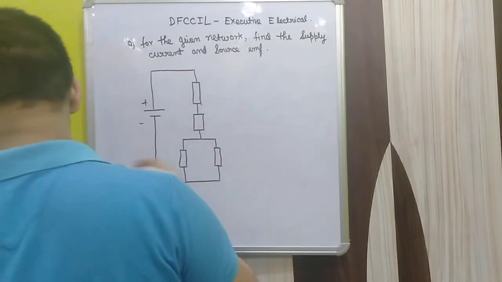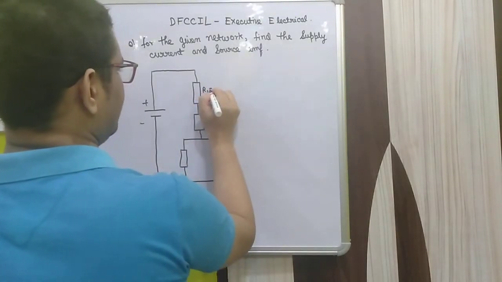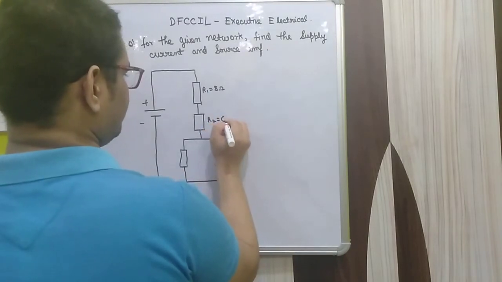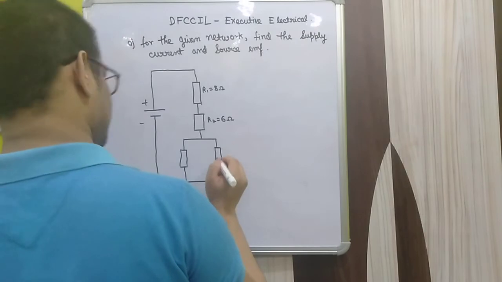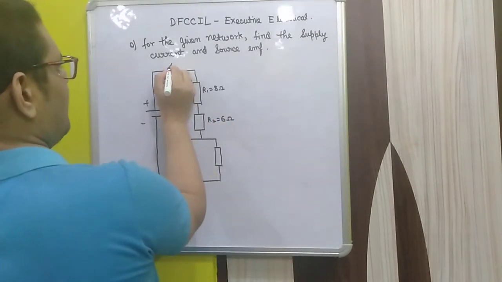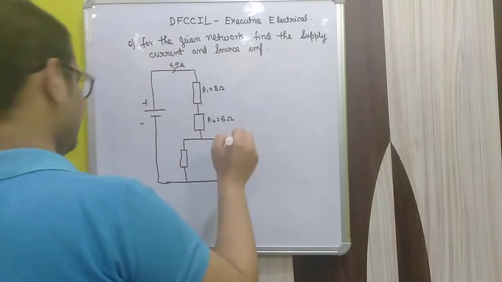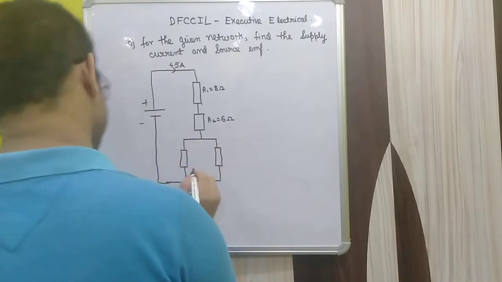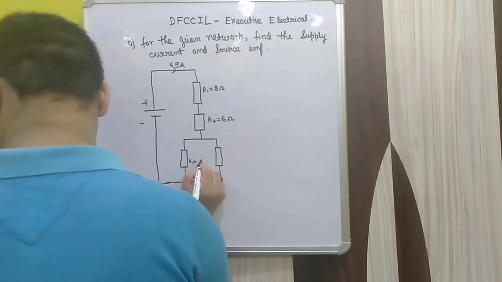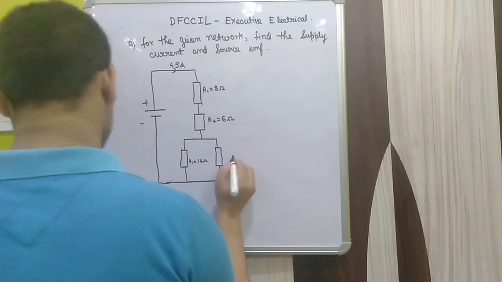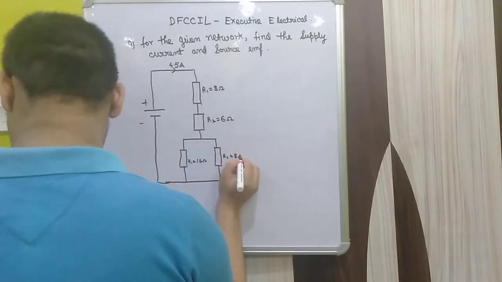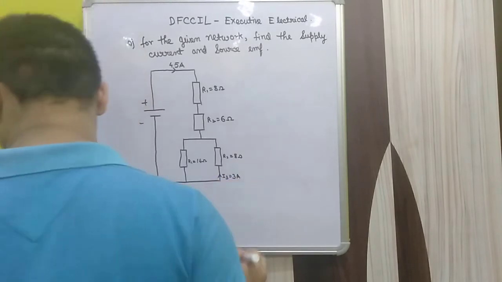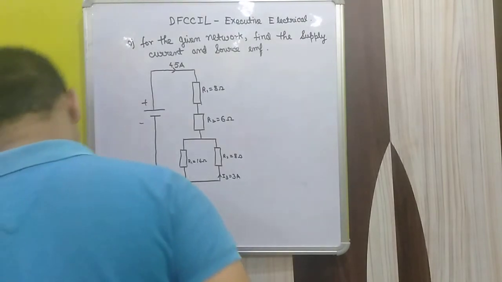Now I take out the values which are given. R1 is 8 ohm and this R2 is 6 ohm, and the current going is 4.5 ampere. So this value will be given in the question, and here are also two resistances, R1 and R2. Here is another R1, that is 16 ohm, and here is another R2, that is 8 ohm, and here is the current I3, this is given 3 ampere. So we have to calculate the supply current and the source EMF.